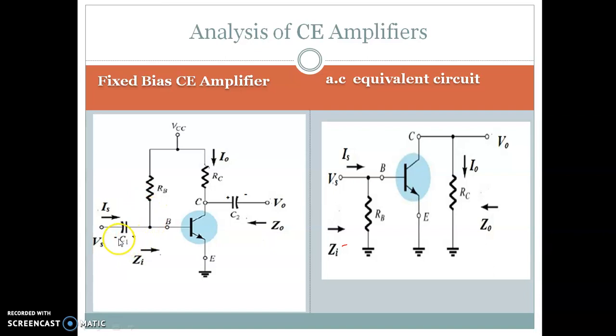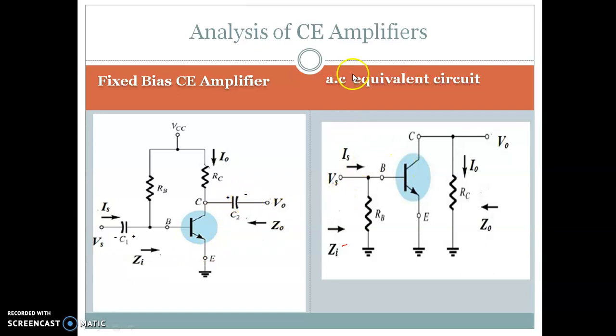So therefore this end is plus, this is minus. And if you look at the collector, we don't want any DC to be produced as your output, because we want the variation in your AC to get reflected in your output terminal. So here this is plus, this is minus.